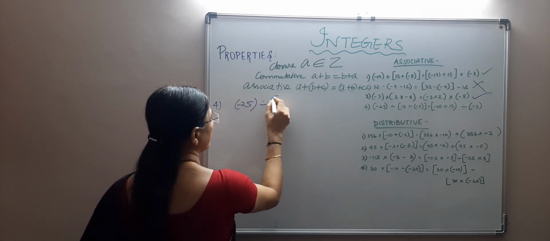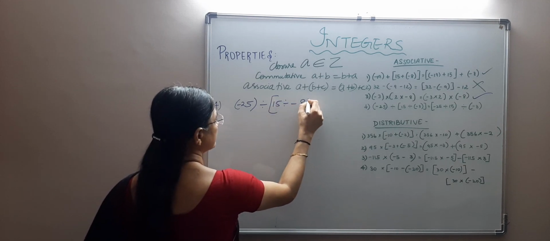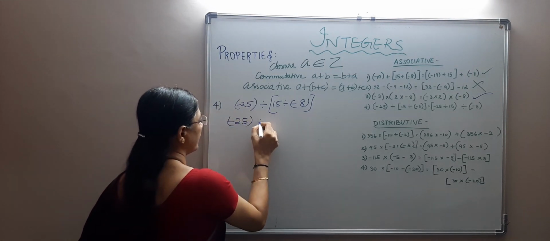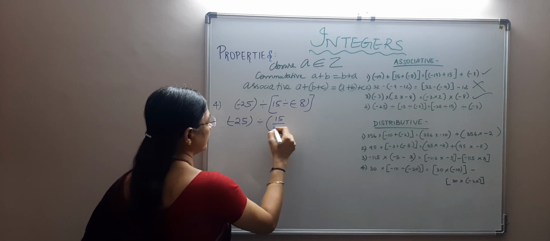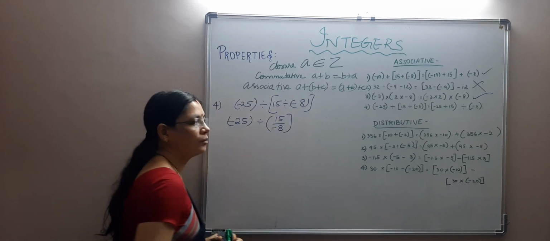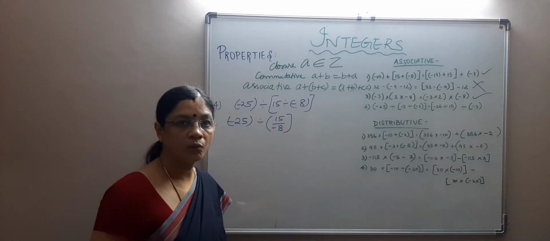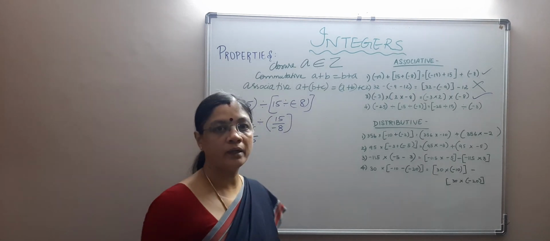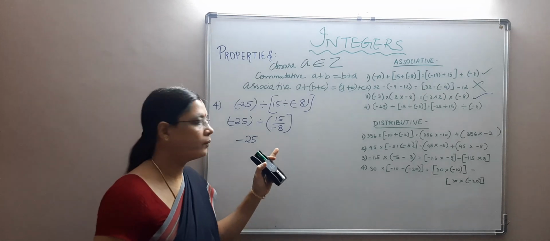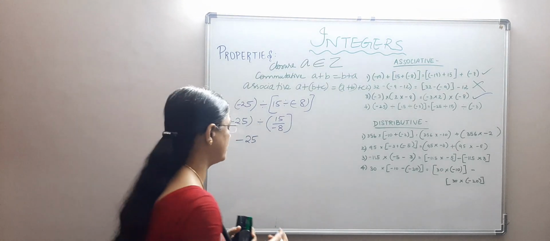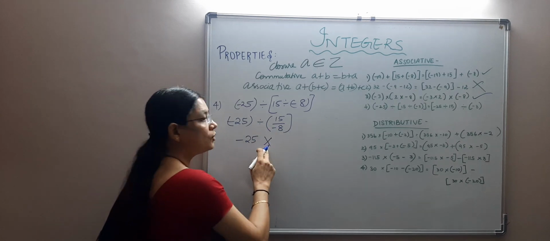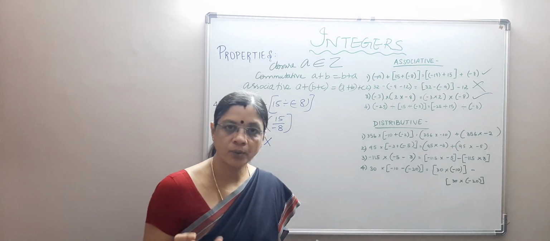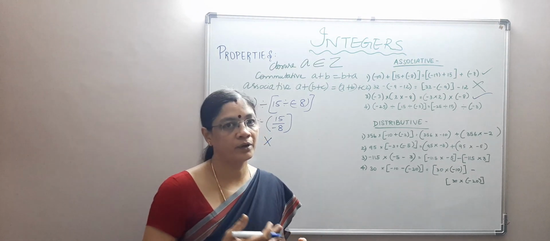Minus 25 divided by 15 divided by minus 8. Okay, so minus 25 divided by, what is 15 divided by minus 8? There is no factor common to 15 and 8 other than 1, so keep it as it is. And minus 25, how do we divide when it is given like this? We convert the division fact into multiplication fact. Just like what did we do for subtraction? We changed the subtraction to addition, and we changed the second number to its additive inverse, isn't it?